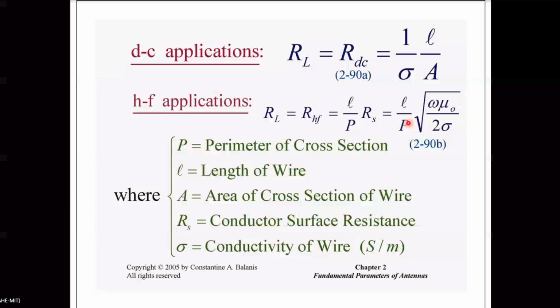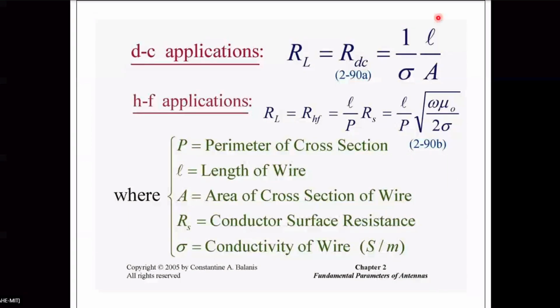Or you can derive it if you know the formula for depth of penetration of wave in the conductor. The current will not flow through the entire cross section of the wire, only through a small outer depth. It is called skin effect. If you use that formula, A will not be the actual A, it will be something else. Applying that, you will get RAC at high frequency.